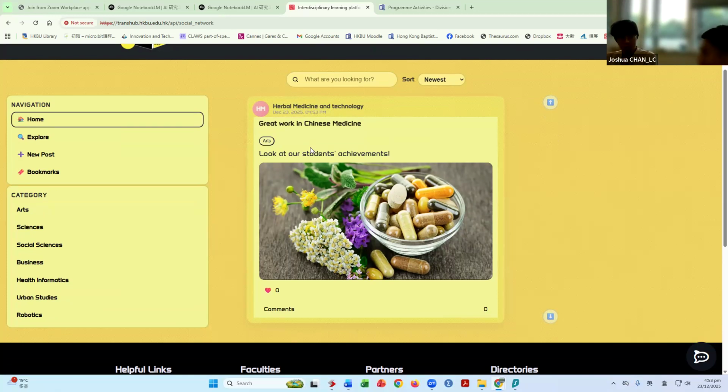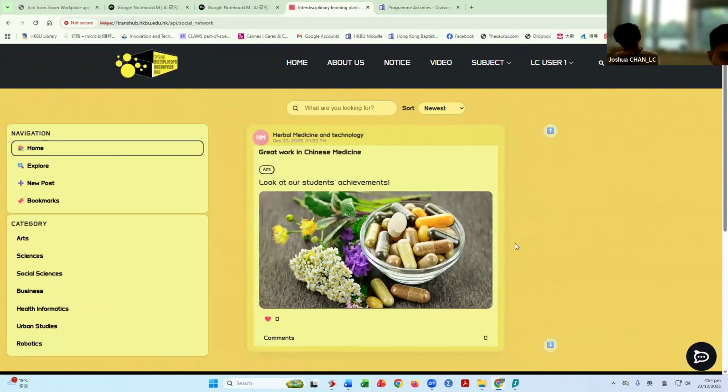Can it also be video? Currently I think video is not supported yet, but you can upload many pictures. This function is for teachers or admin, so adding a poster is done on the admin page. Okay, so because I was too quick, I sent a poster, and I can actually upload multiple pictures on the admin page.